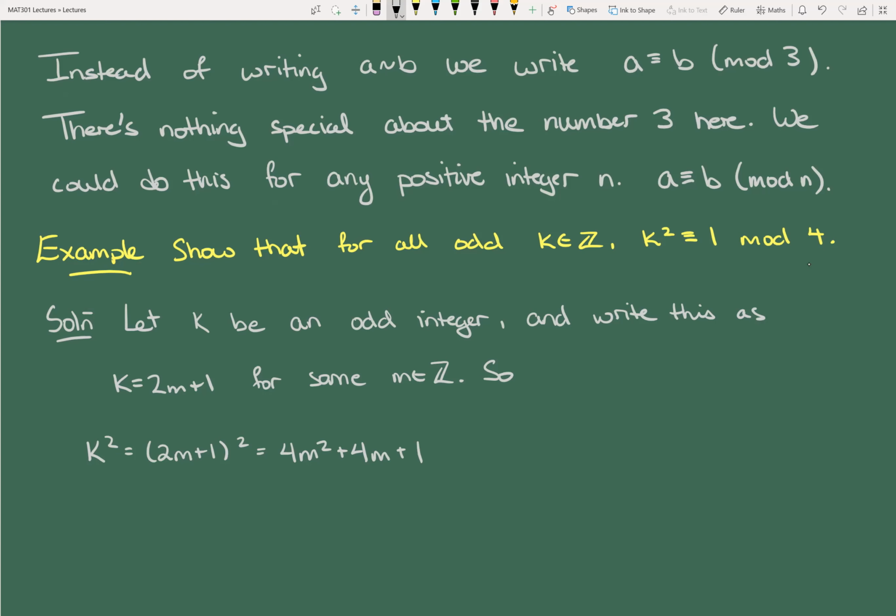Okay. So now, if I want to show that this is congruent to 1 mod 4, what I'm saying is, well, clearly the first two terms are divisible by 4, right? They're congruent to 0 mod 4. And then the only thing left over is that extraneous 1 term. So this is definitely going to be congruent to 1 mod 4. Or alternatively, I would be perfectly fine if you just immediately at this point said, this is clearly congruent to 1 mod 4, since the first two things are definitely congruent to 0 mod 4.